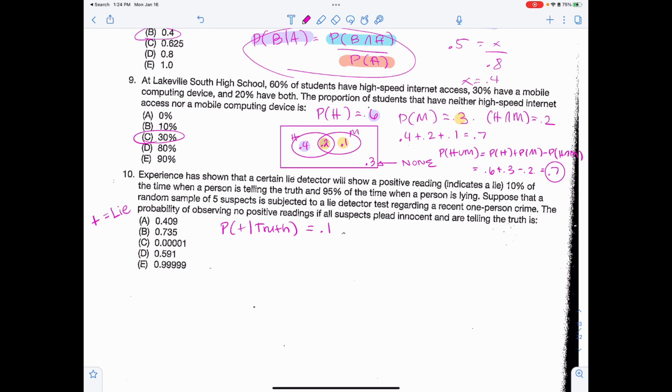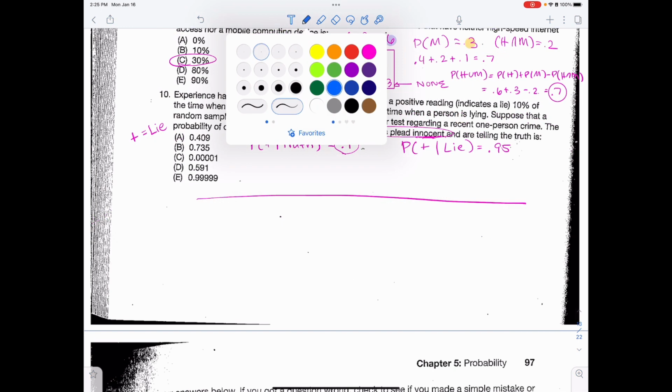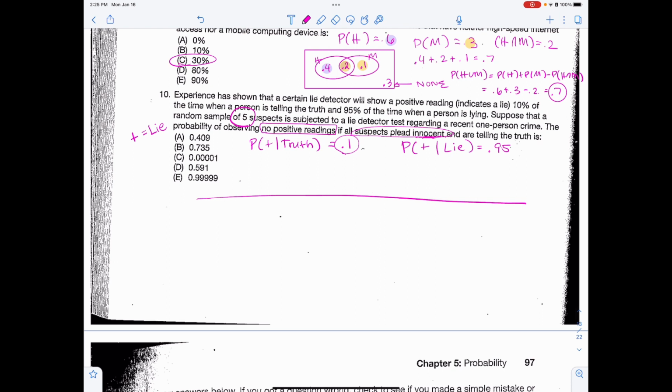So then the next part says 95% of the time when a person is lying. So the probability of positive reading given lie is going to be 0.95. Suppose that a random sample of 5 suspects are subjected to a lie detector test regarding a recent one-person crime. The probability of observing no positive readings if all suspects plead innocent and are telling the truth is, all right, so, okay, I am looking for 5 readings,